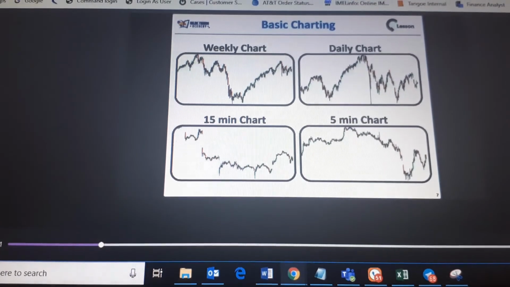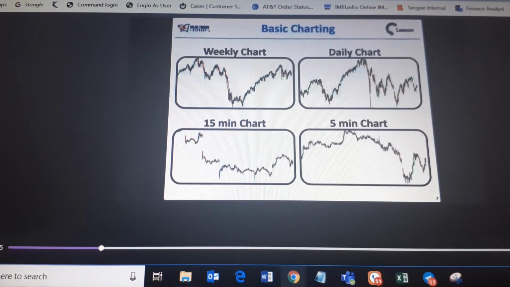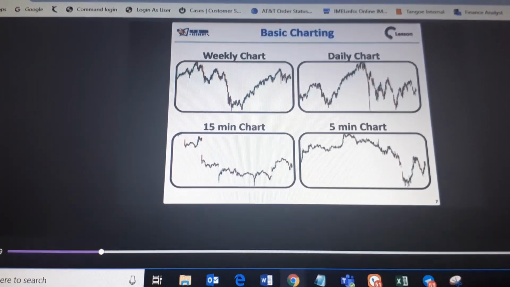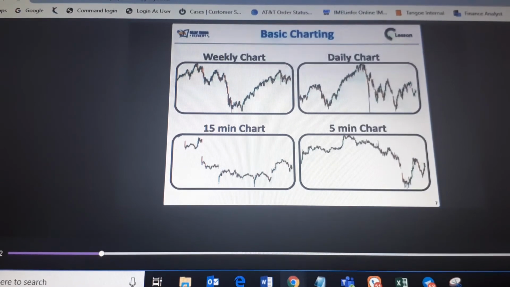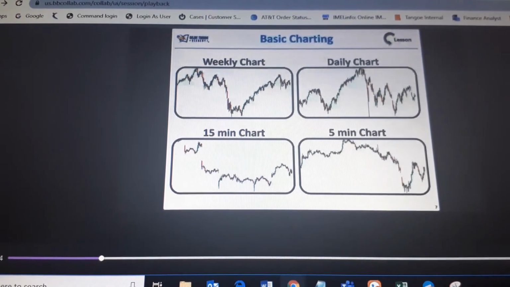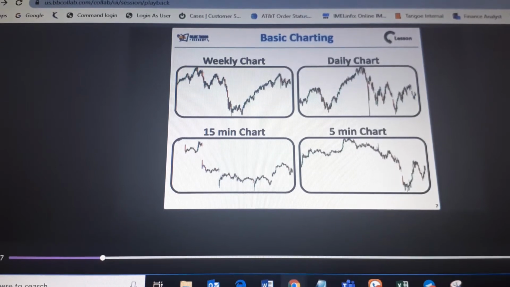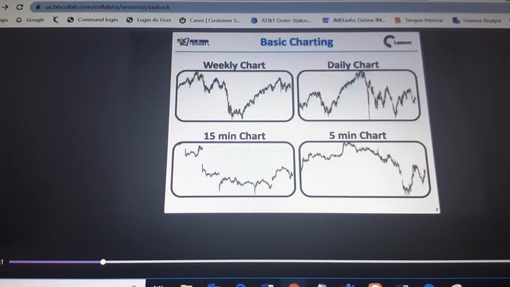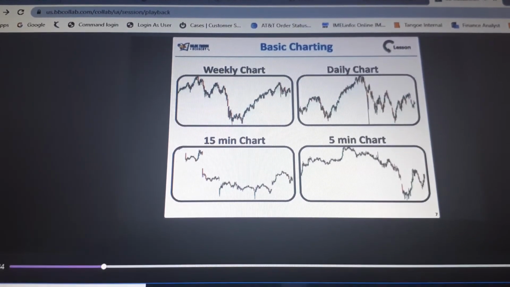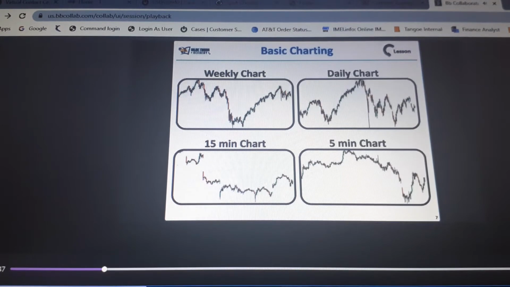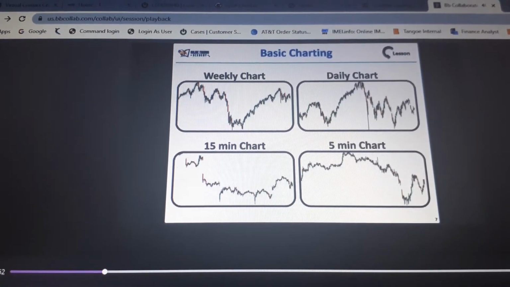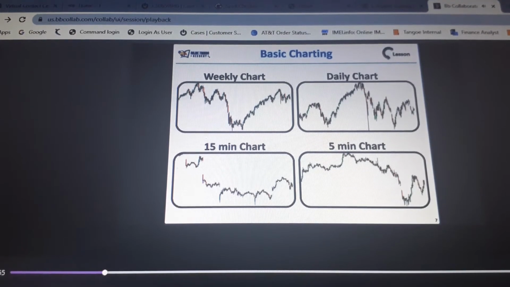If you're looking at the Tata Motors weekly chart, that weekly candle will show you the weekly activity of that stock, that is the open, high, low, and close. If it's a green candle, that means there were more buyers in that week. If it's a red candle, that means there were more sellers in that week for Tata Motors. Okay, so a weekly chart will have an activity of 5 days, clubbed together into a single weekly candle. Weekly starts from Monday and ends on Friday.